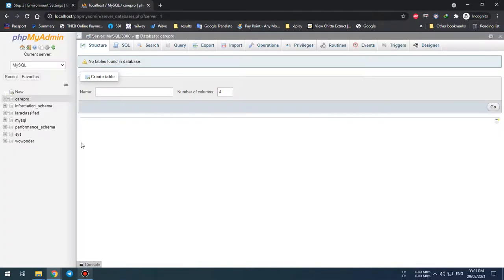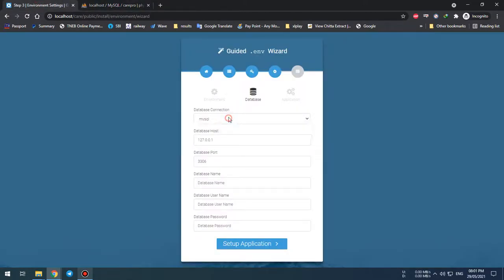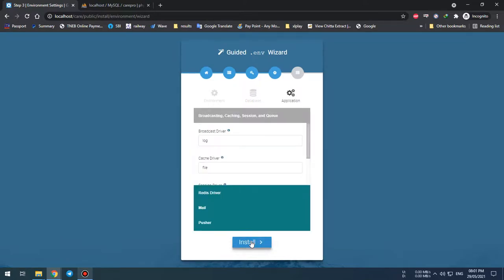Okay, I have created Carepro as the database name, and I am just leaving this database host as localhost, or you can use the IP address as it is. Database name is Carepro and database username is root, and just clicking on next step we are getting the